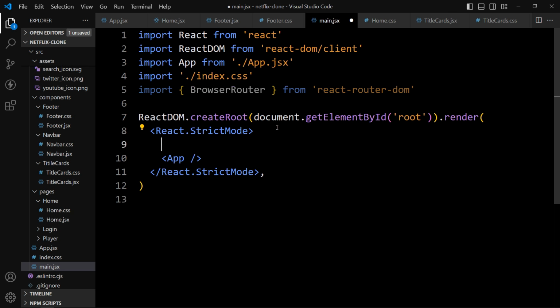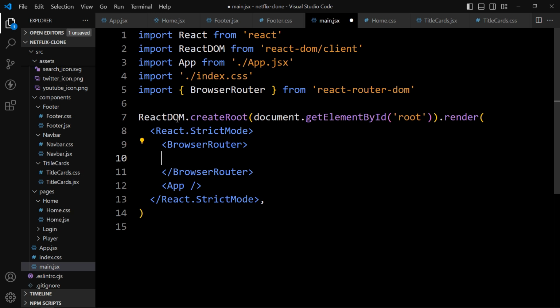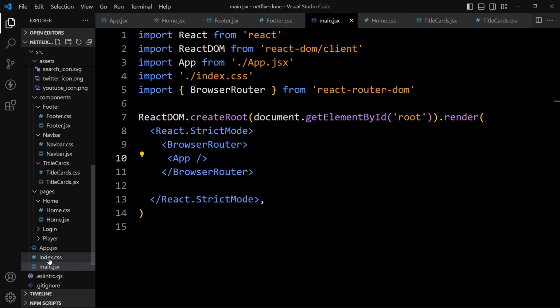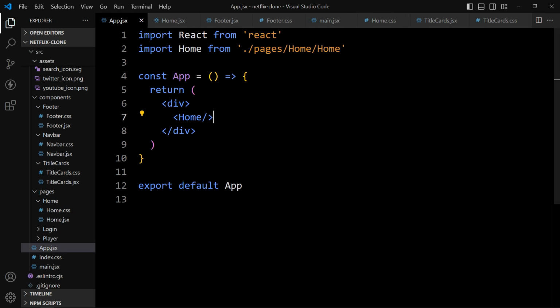So let's add BrowserRouter, and within this we will place this app component. Now we will get the support of this React router in this app component. Now we will open the App.jsx file. So here it is. In this App.jsx file, we will add the import statement.